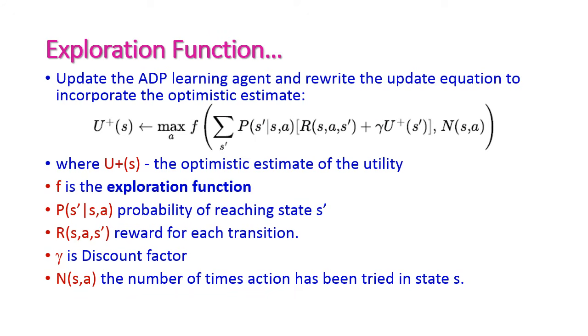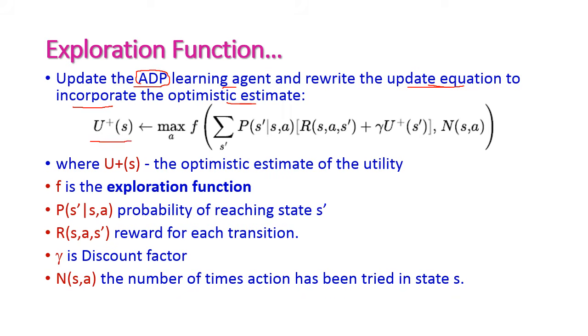To identify the state action pair, it is important to update the ADP learning agent. ADP means adaptive dynamic programming, isn't it? And to rewrite the update equation to incorporate the optimistic estimate. Okay, the equation is